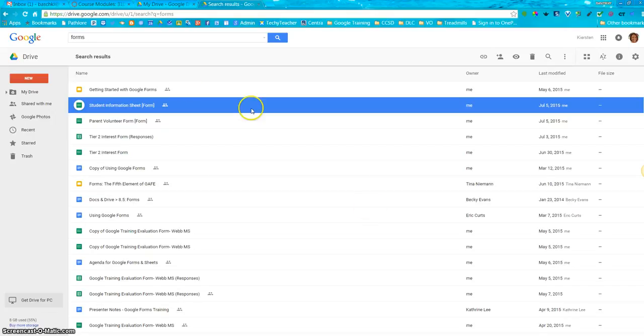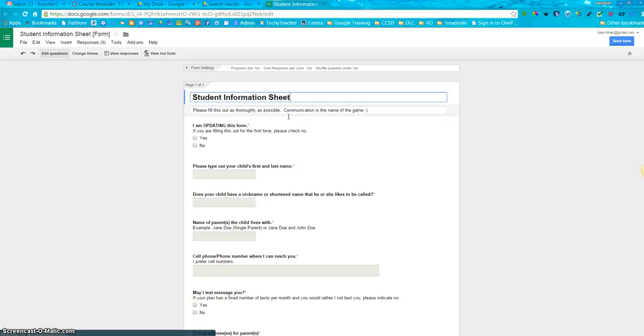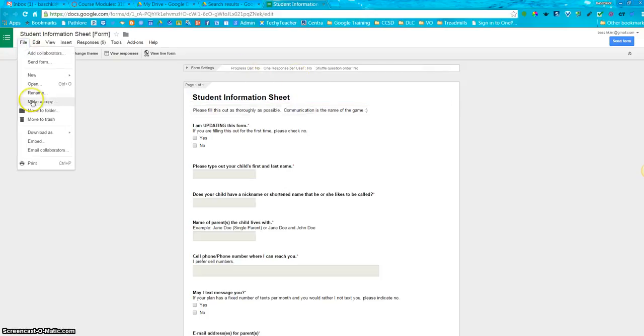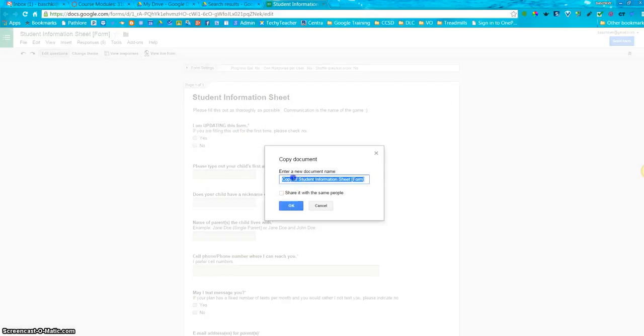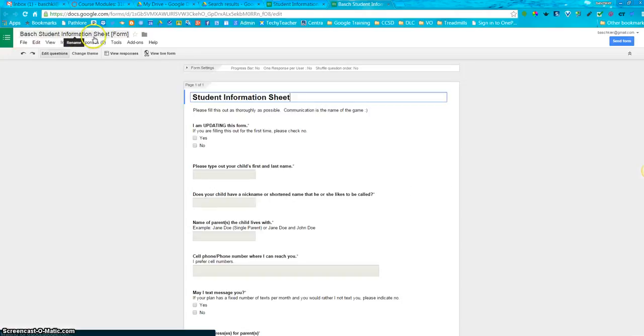So what they'll do is they will open up the editable version of the form, and they'll make a copy of it. So they're going to go to File, Make a Copy, and then maybe have them put their name on there so that they have access to their form, and they can discern it from yours. Click OK, and then now you can see up here in the name they have their own form